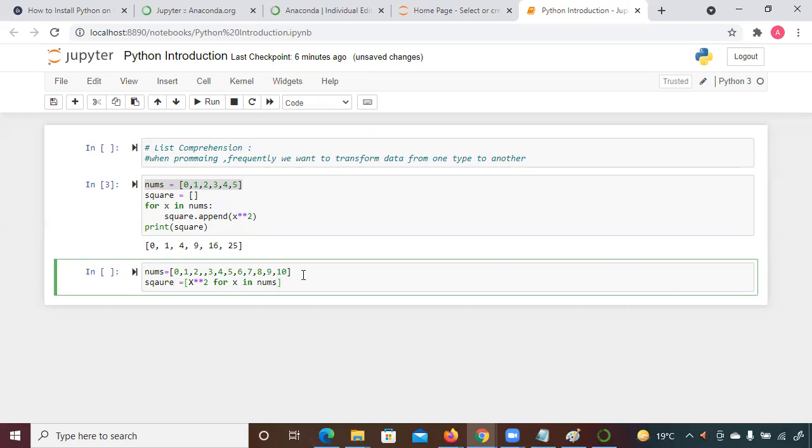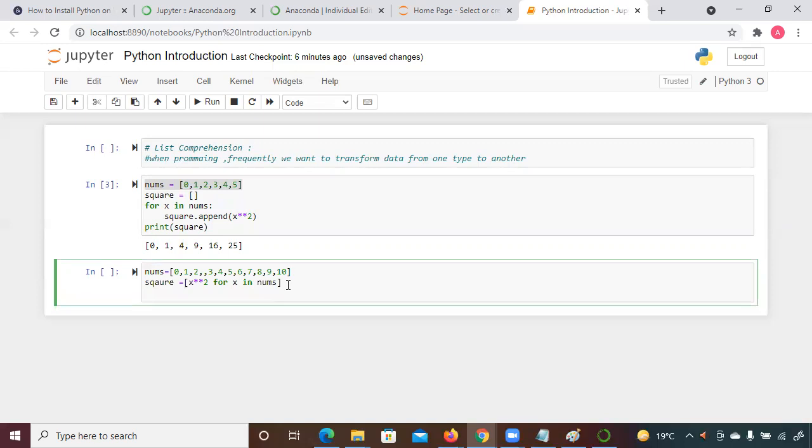You can write it in this way as well. It means that it will do the square of every element, temporary variable x, that it reads from nums, and then we print it. This is another way. This is a short way. You are making the code simpler.